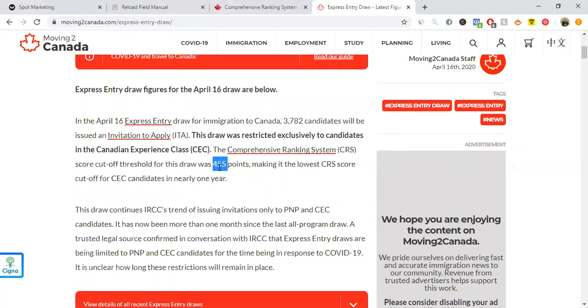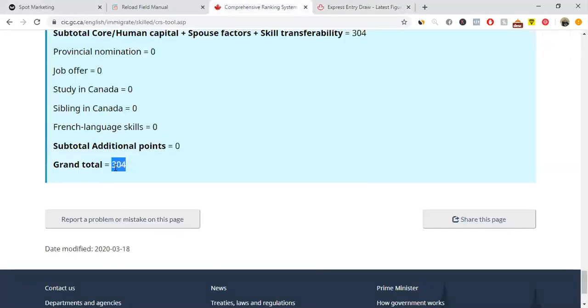In the next few months, these scores will be dropping and it will be favorable for a whole lot of people that are applying during this period. So it's best for you to plan towards it. Now the last score is 455, but when you come here, you are seeing a failed score. So how can you boost your score to be able to get into the Express Entry program?